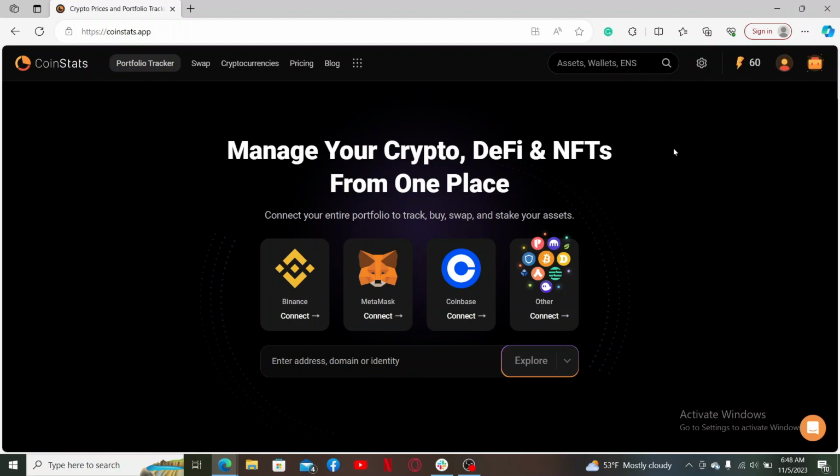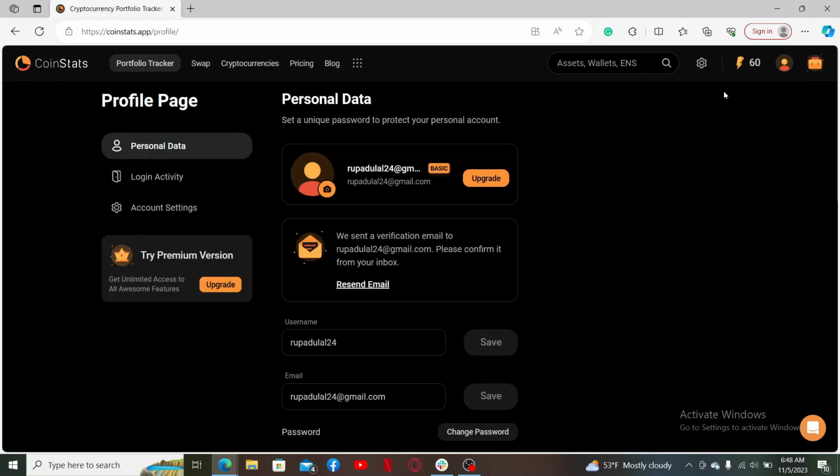After you are signed in, click on your profile picture at the top right hand corner, which will then bring up this pop-up. Click your username in the pop-up and then you'll be able to see the personal data tab